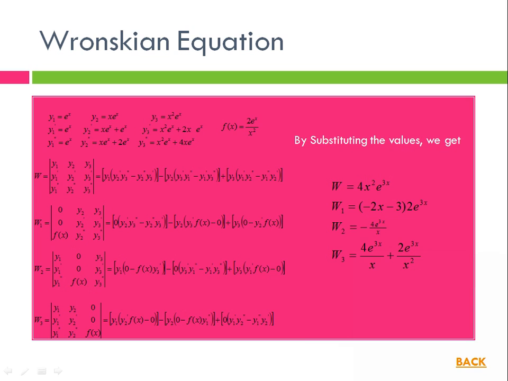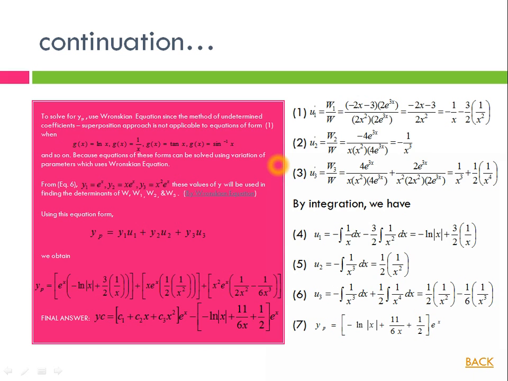Now we already have the determinants of our Wronskian, and in this part we are going to use them in solving for our particular solution. So let's go back. Using the determinants of the Wronskian, we obtain the values of the u sub